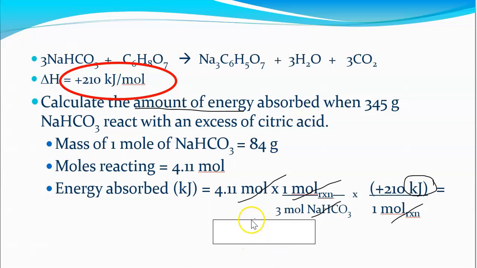So if I go ahead and do this, I take 4.11, divide it by 3, multiply by 210. So I get 288 kilojoules here. So the mole of reaction here is a step that kind of reconciles our stoichiometry with our